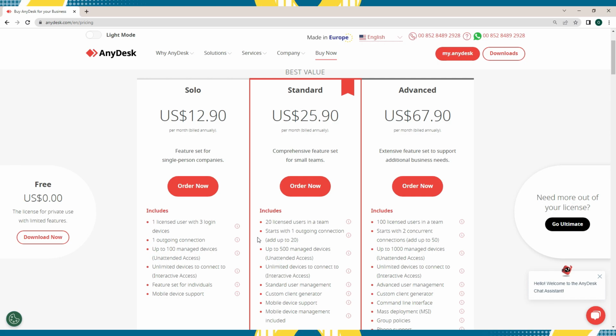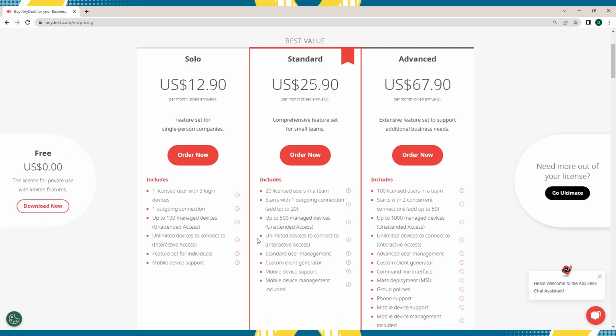Fourth is dedicated support. Business accounts come with dedicated support channels, providing you with priority access to technical assistance and customer support. You can receive prompt assistance and resolution of any issues or inquiries you may have, ensuring minimal disruption to your operations. And lastly is